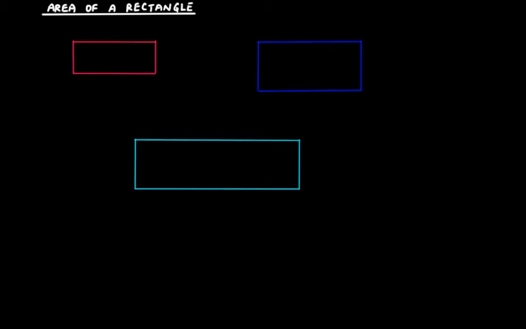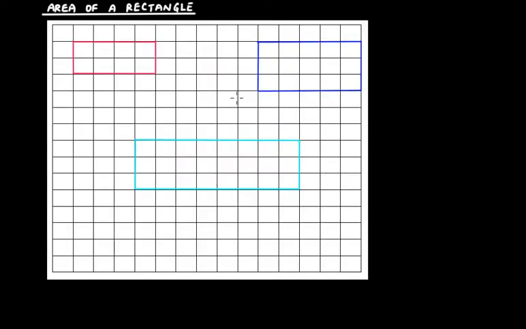Okay, so now let's learn how to calculate the area of a rectangle. Is there any formula that we can think of when we talk about the area of a rectangle? So again, we are going to use the same square paper or square graphs to explain. Let's assume that, in order to calculate the area of these rectangles, we have